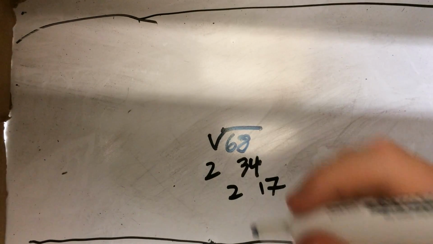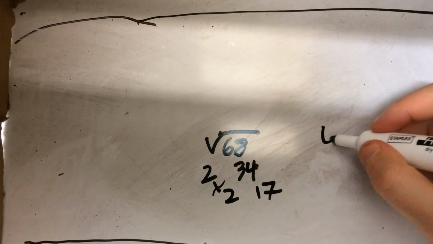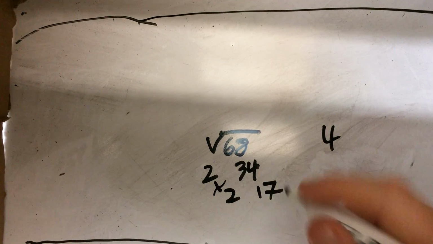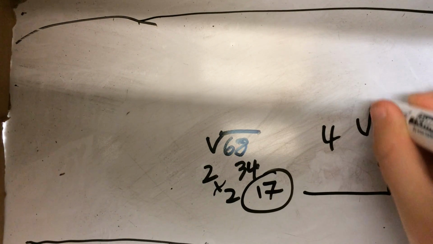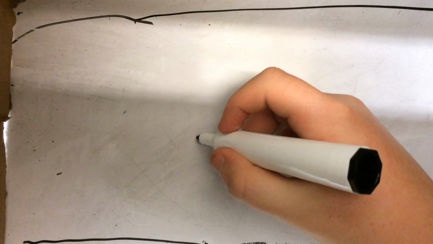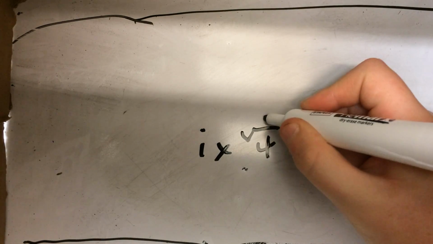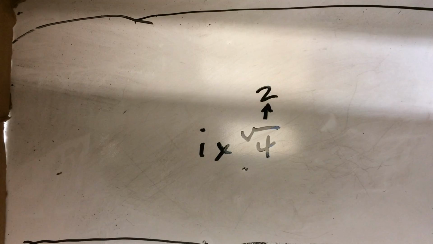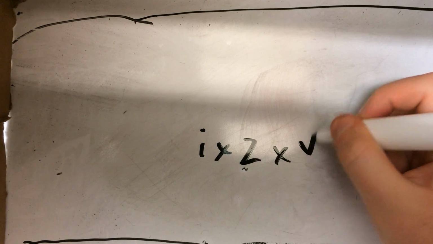Now we have a square here, 2 times 2, which equals 4. And we also have the 17, which we're going to keep up here. We're going to find the square root of both of these numbers. So now, this is what our equation looks like so far. i times the square root of 4, which is 2. So we can really just get rid of that for now. i times 2 times the square root of 17,